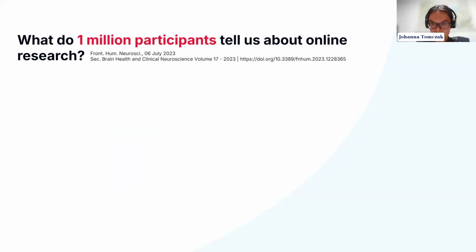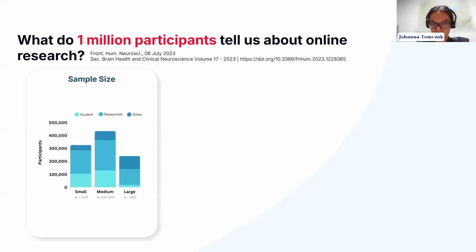And indeed, those 1 million participants were collected through just 1 year. And what we learned from looking at that metadata of studies being run on Gorilla is that in sample sizes, most participants are in medium, which means over 100, or in large, over 500 participants in a given study. So that means we've got approximately